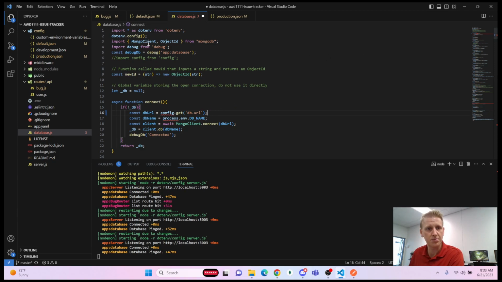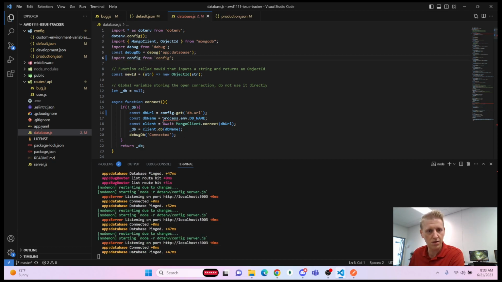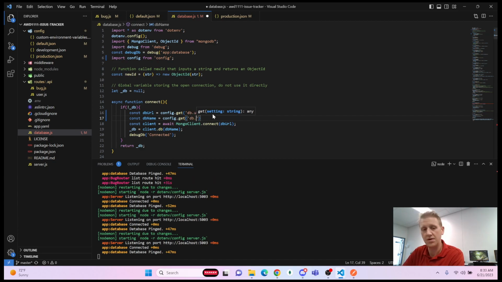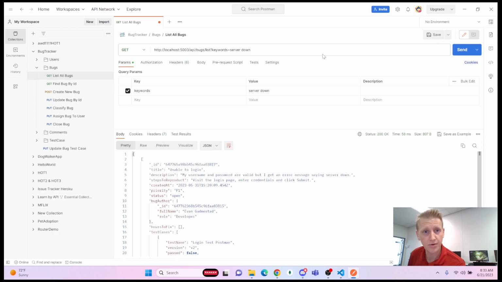That means we have to bring in config from config, and this was config.get db.name. Locally that kept everything running,